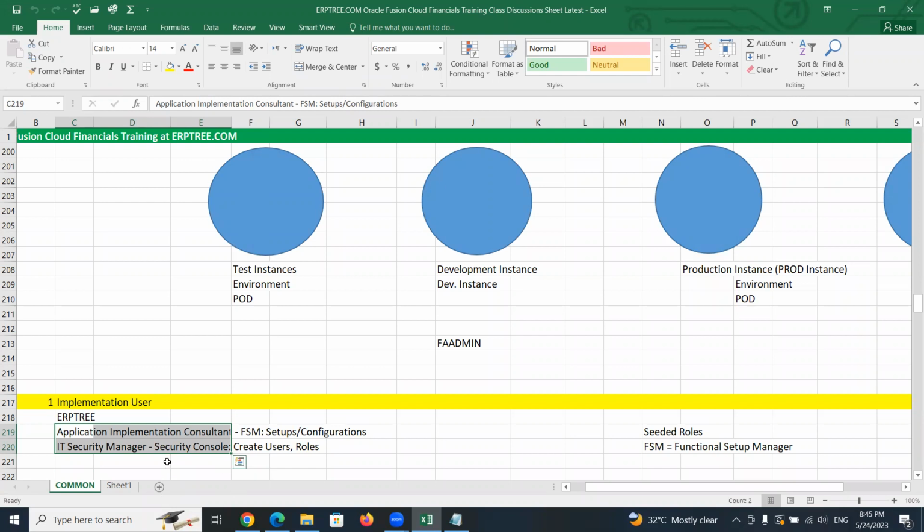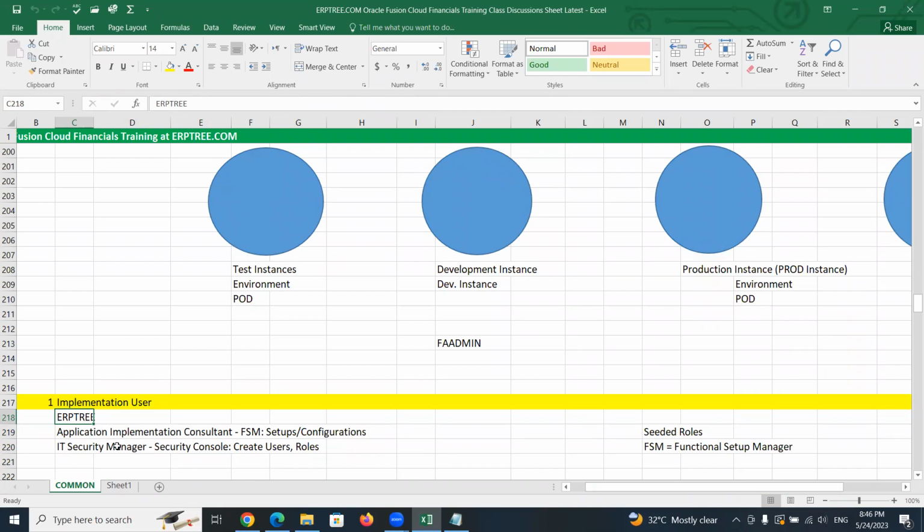So this is what you have to understand. These two roles Oracle is providing. FSM is the Functional Setup Manager. These two roles we call seeded roles, since Oracle is providing them, and we assigned them to this user. From this user, we verified we are able to access FSM, and we saw the list of setups that can be performed.